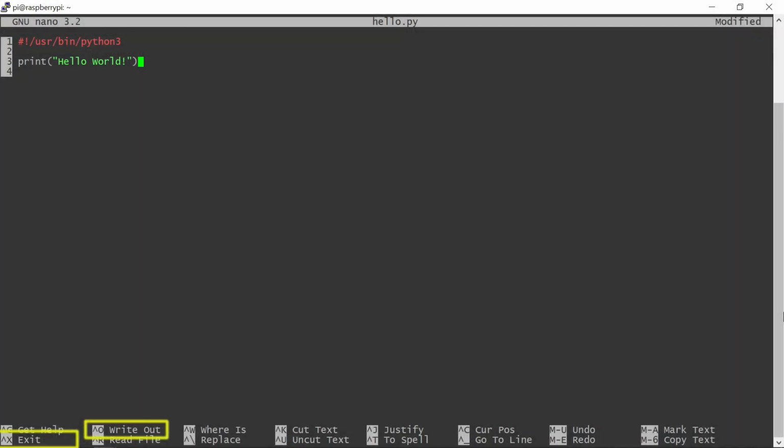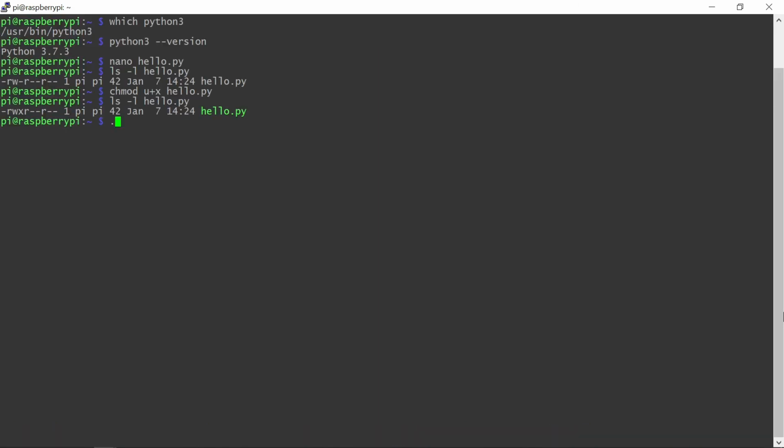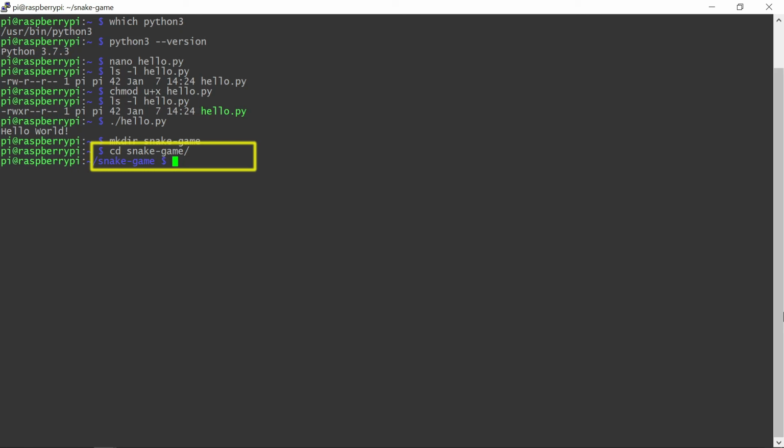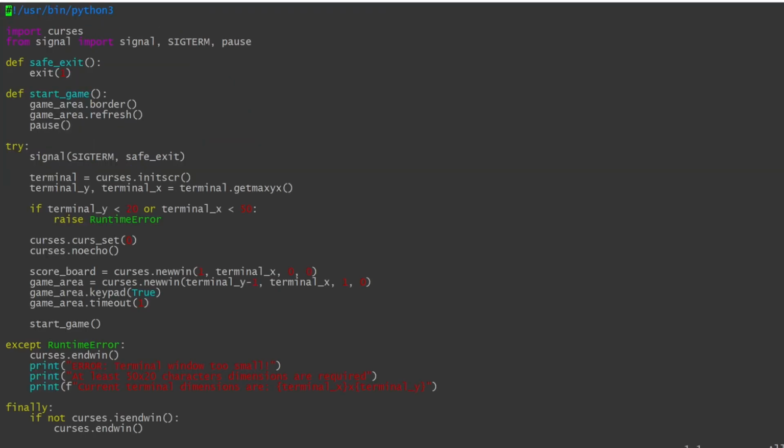Part 1 starts with a brief Linux command line tutorial, including a demonstration of how to make a basic Hello World Python program using a simple text editor, how to set up the permissions, and how to run programs in the Linux command line environment. By the end of part 1 video, you will know how to import Python libraries, create